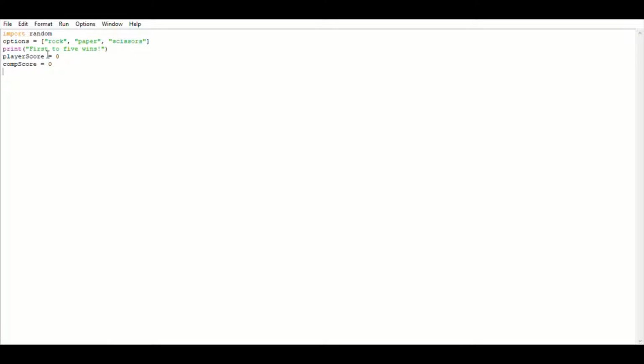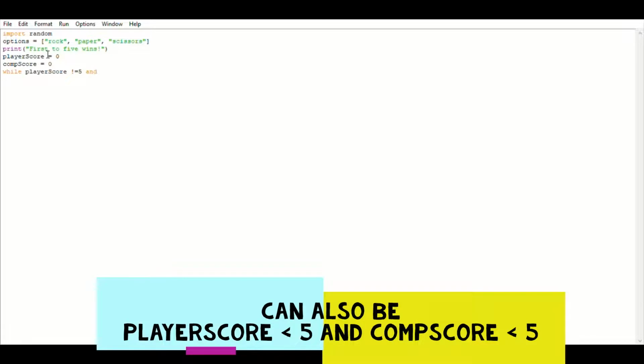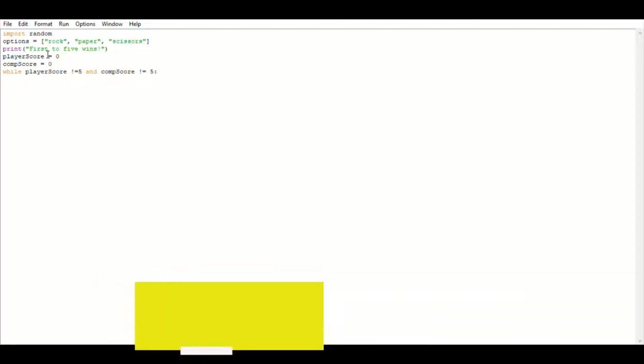Now let's create a while loop, which is a condition control loop, and it runs until the condition we are now defining here is false. The condition will be: player score is not equal to 5 and computer score is also not equal to 5. Then print,